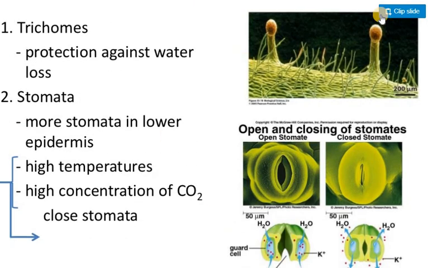Now you have stomata, and there are appendages present on the leaves. The appendages present on the leaves are called trichomes, and whatever outgrowth you see as hairs on the leaf are called trichomes. If they have glands, if you look under the microscope, some will have glands; they are called glandular trichomes. Others are called simple trichomes. There are openings for gaseous exchange called stomata, and stomata can be closed or open.